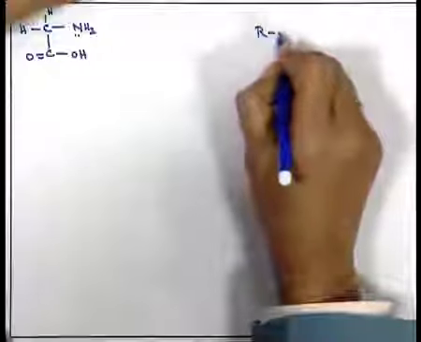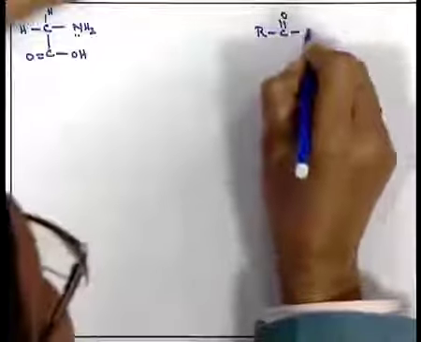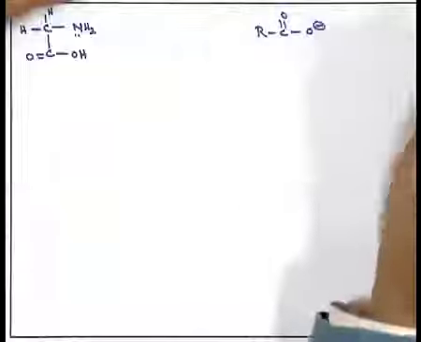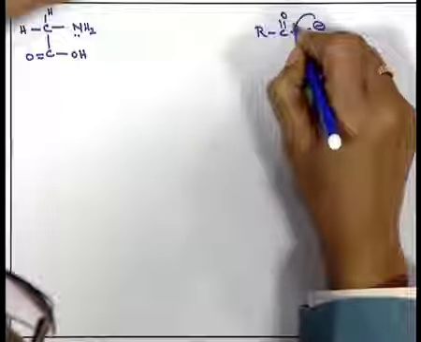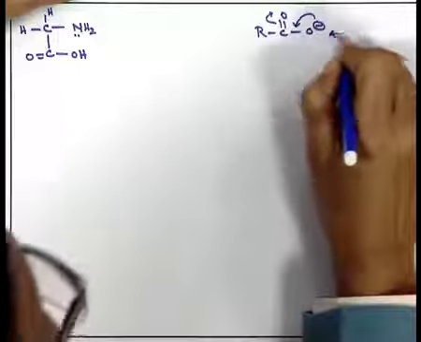Because if it loses a proton, the remaining part, that is COO minus, the conjugate base, gets stabilized by resonance, and one of the interesting features of that resonance is that we get a symmetrical resonating structure. This is the carboxylate ion which can resonate and can give